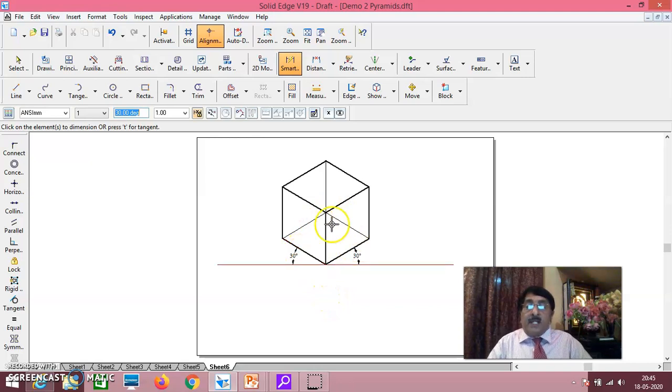It is not completely resting on HP. It is lifted over a corner so that the base is raised. When the base is raised about a corner, you are able to see the top surface. This is the basic concept. Otherwise, you could have seen only the left surface and right surface.